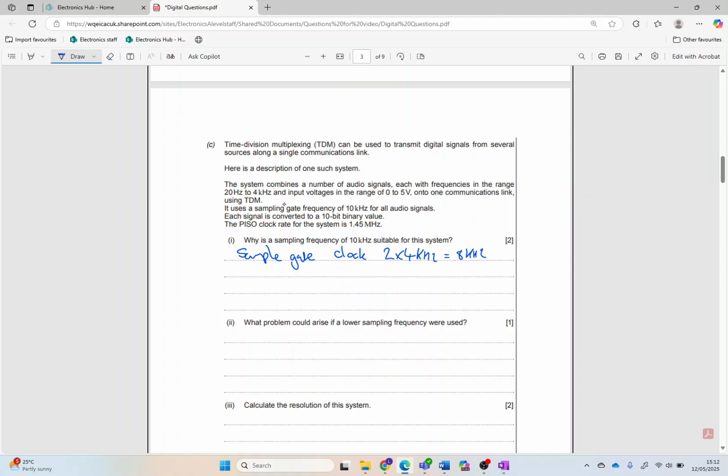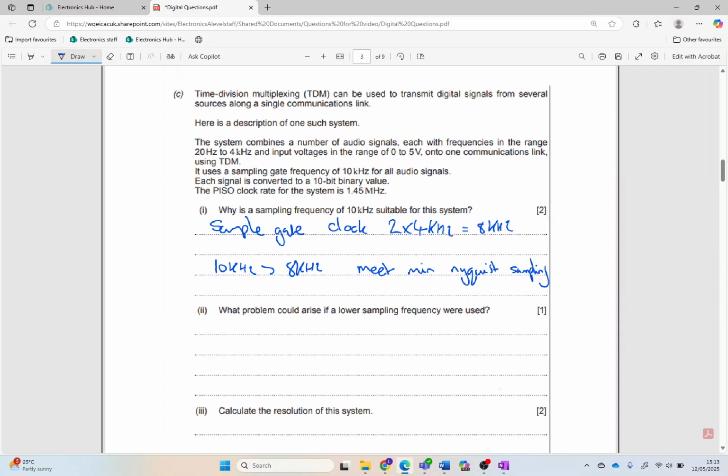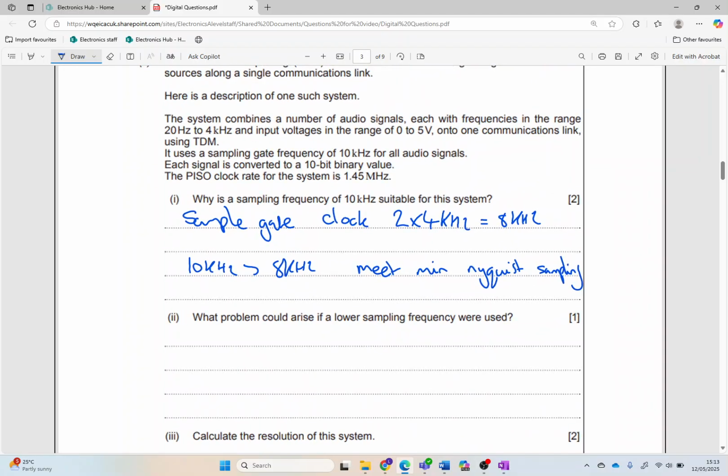And therefore we're going to be sampling. 10 kHz is greater than 8 kHz, which meets the minimum Nyquist sampling criteria. Now, if we didn't sample at the correct frequency, then what's called